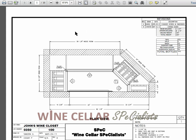When we first began this project, John's front entrance to his home is right about here. You walk into the hallway, and this was a closet that had a door right here. You would walk around the hallway into a sitting room over here. This was a solid wall. So what we did is we removed the door here, made it a wall, and added a door on this